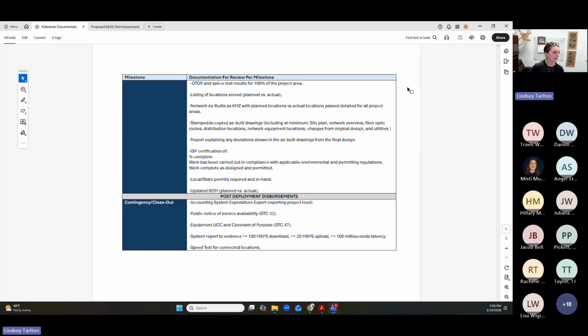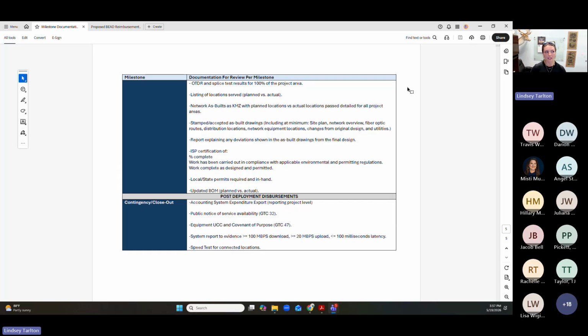And then the very last one is our contingency or closeout milestone. So that'll be our expenditure report. And then there's some general terms and conditions that you have to comply with in order to be fully compliant with the BEAD program. This list could grow too as we get to that point, towards the end, which will be an exciting day. But that will be our closeout reimbursement. Just want to make sure that once everything's tied up in a pretty little bow and we get a closeout package from you guys, that we can disburse that milestone.